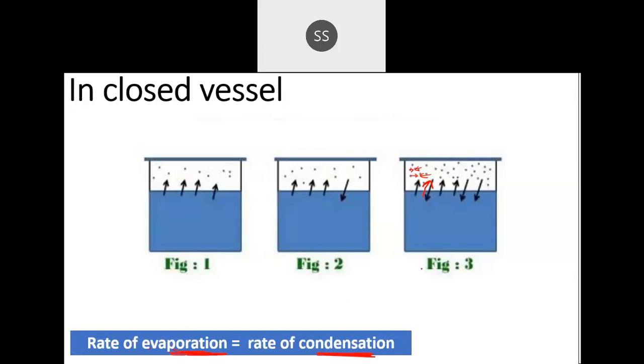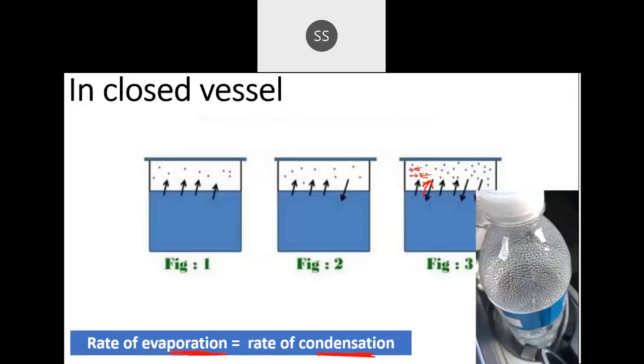So if you have water in a bottle, half water is there and half of the bottle is empty, then if you keep that closing the lid, and keep it for one whole day, you will see that water droplets will be formed. Have you noticed this? So why is that happening? Because when you close the lid, the liquid molecules cannot escape out. So whatever liquid was kept in the bottle has gone into the empty space, and then when the space becomes full, they collide with one another and start condensing. This even happens when we do the cooking.